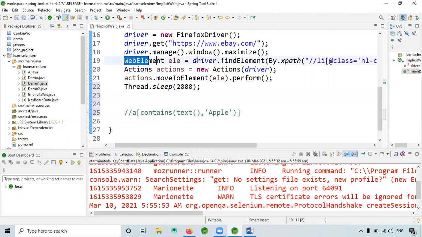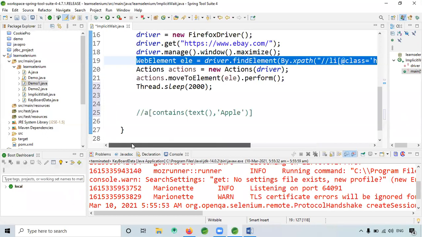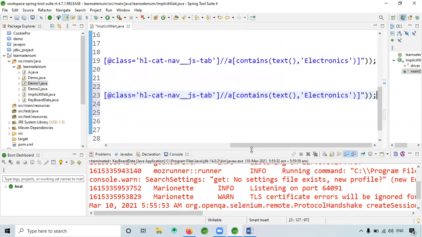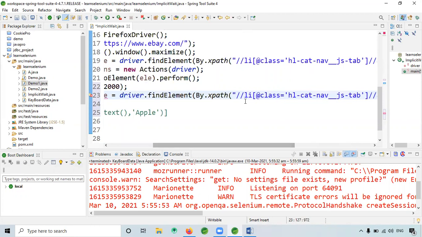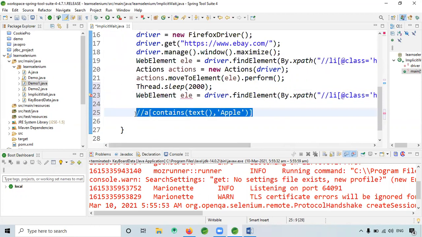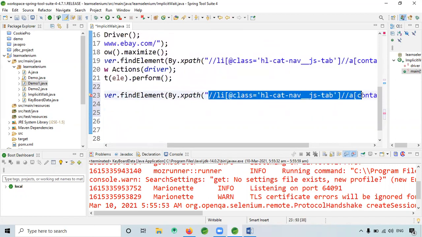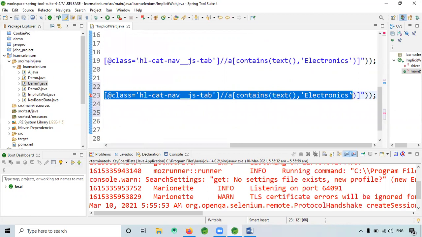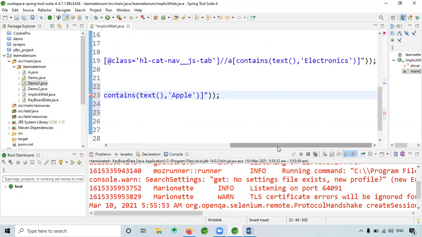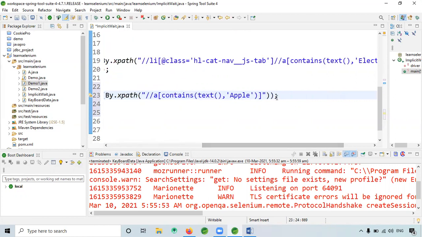Now I'm just copying this XPath. Control X. Okay, we'll make it so that I want that Apple to be clicked, right?